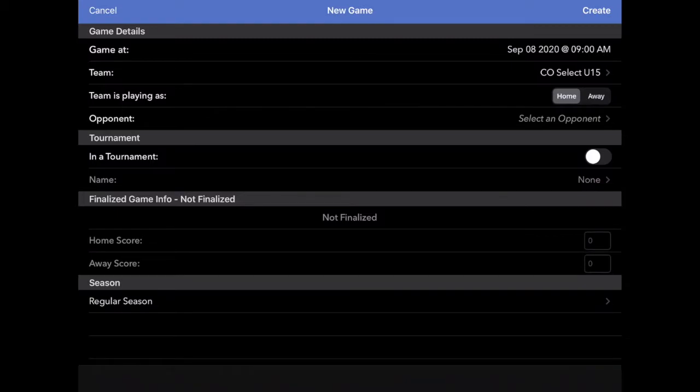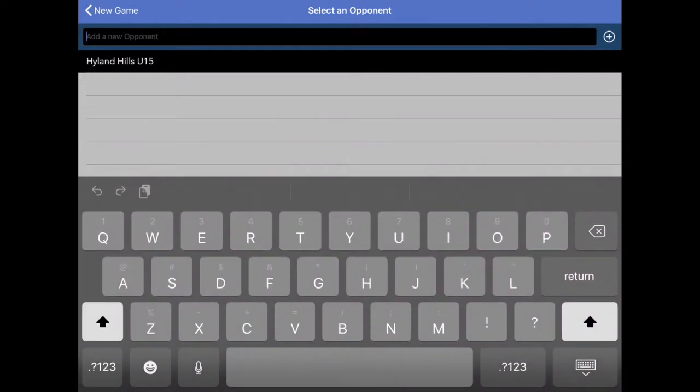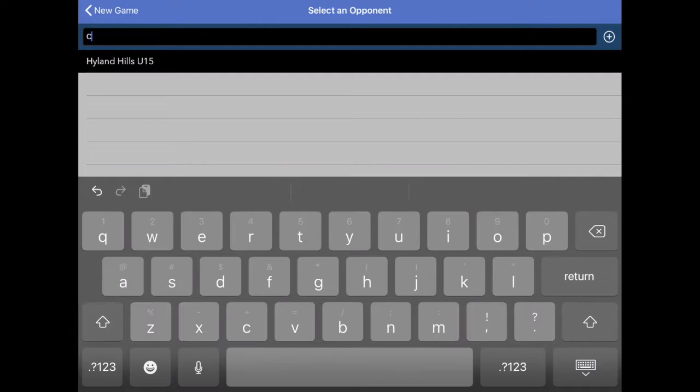And then you can select the opponent for the game. So I'm going to tap the opponent field. And again, I already have an opponent here, as if I was playing Highland Hills. I'll go ahead and do the same thing as we did with a team. If you need to add an opponent to the system, which you will, of course, at the beginning of any season, we're going to add in